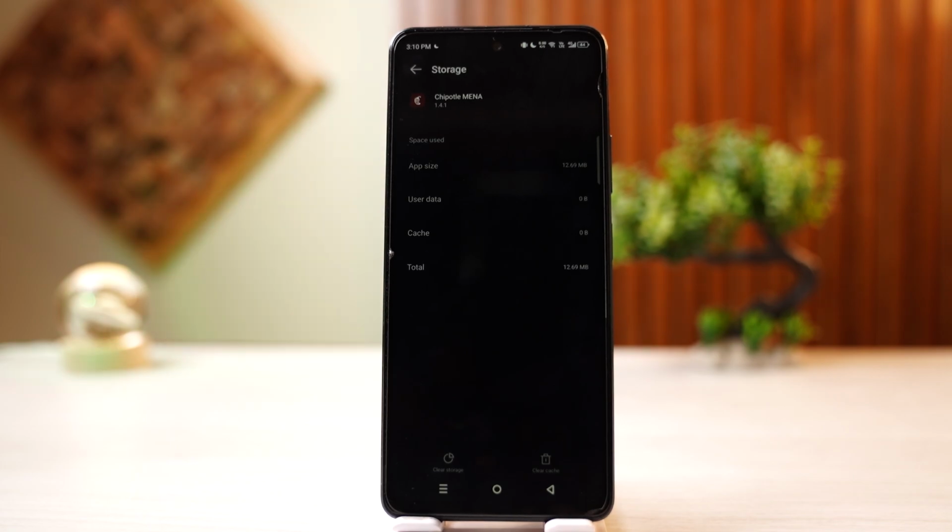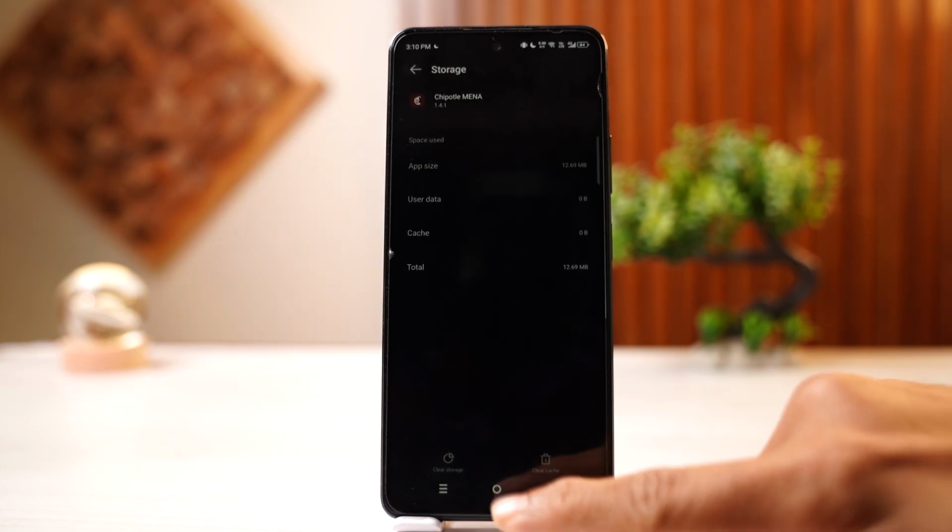However, if there's any other kinds of problem while logging in, you can simply restart your device once and open